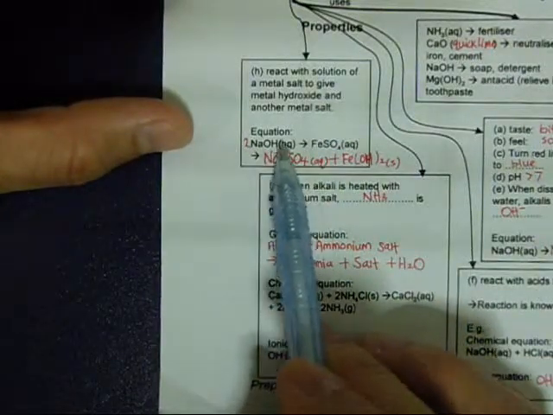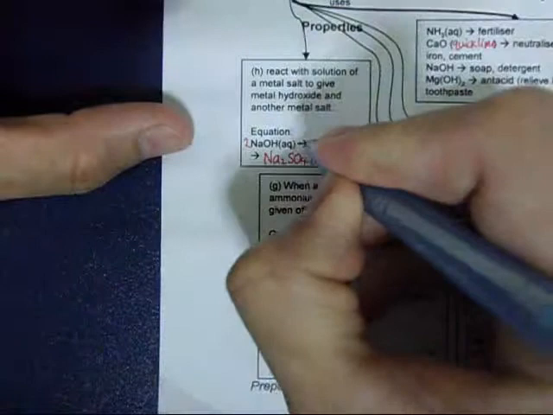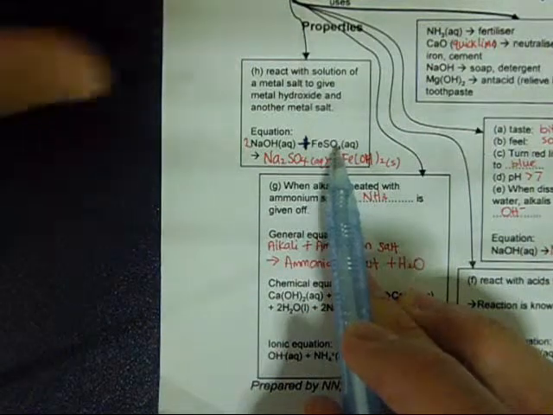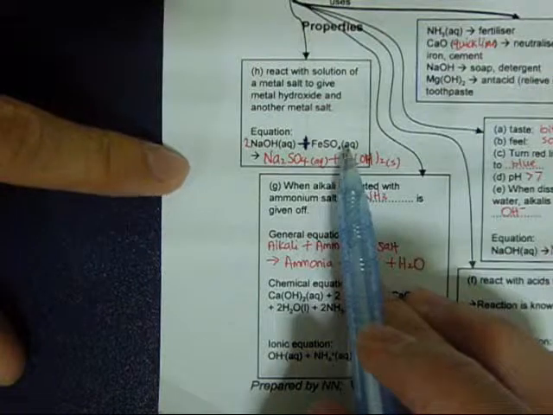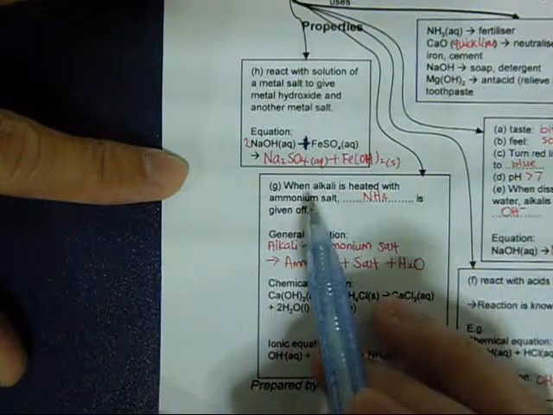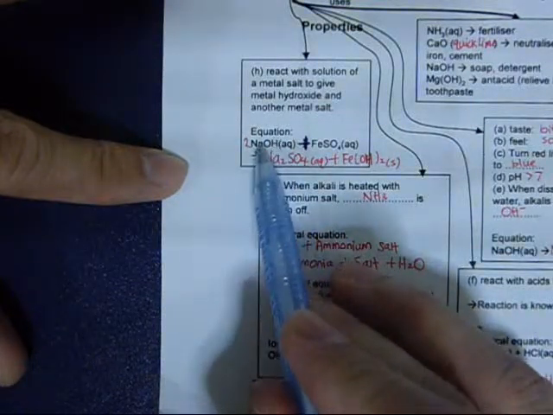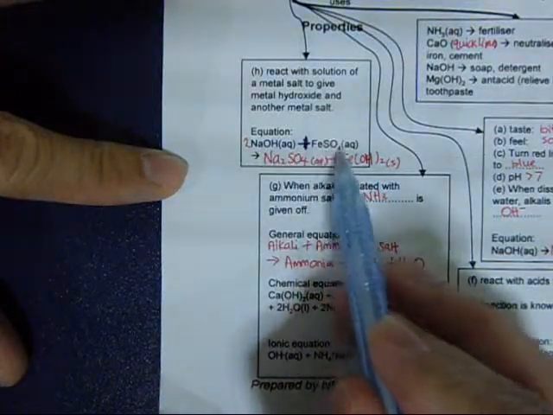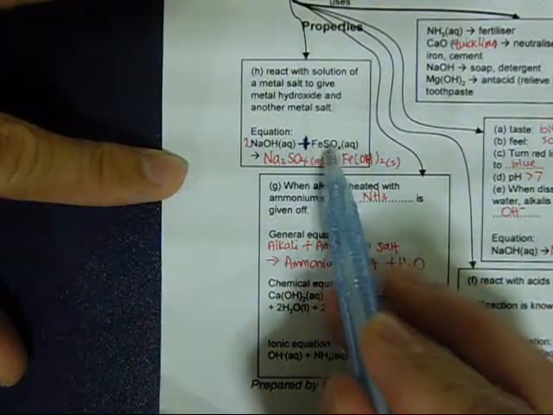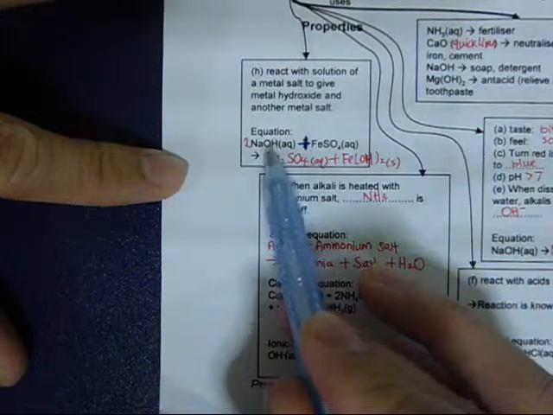So whenever there is an alkali like sodium hydroxide reacting with a metal salt like iron sulfate, iron chloride, potassium chloride, all these are salts. Whenever you have an alkali with a salt, they will swap partners. Right now sodium's partner is hydroxide, so it will swap partner, it would get sulfate, sodium sulfate. And iron's current partner is sulfate, so it would grab sodium's partner, which is hydroxide,